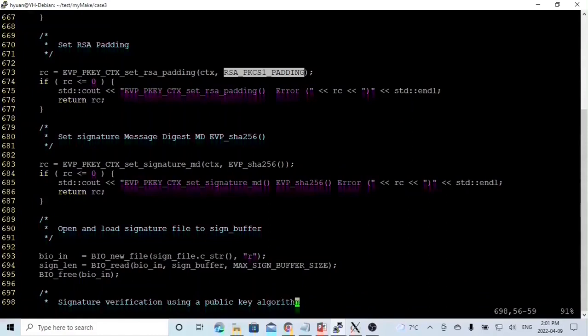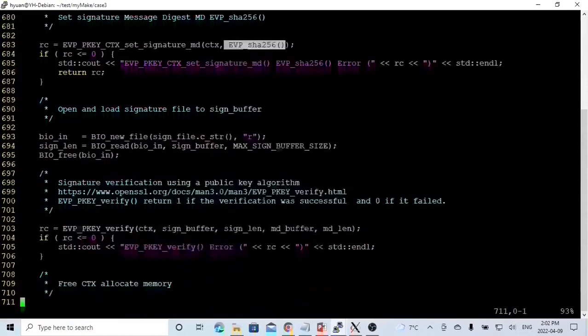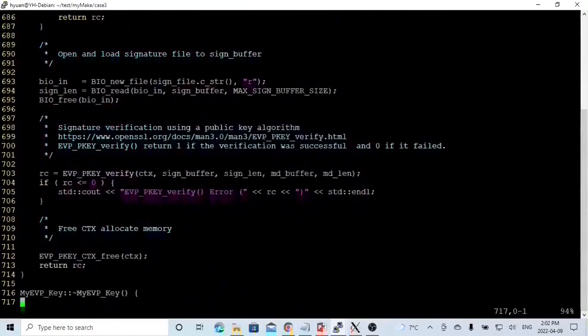And we set up a message digest algorithm. The function is EVP_PKEY_CTX_set_signature_md with the CTX and the EVP_sha256 algorithm. After setting up the padding and the MD algorithm, we instantiate BIO in, which is from the signature file